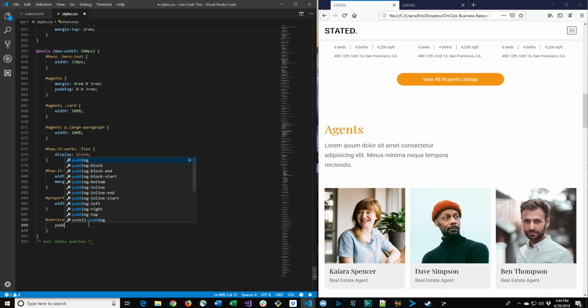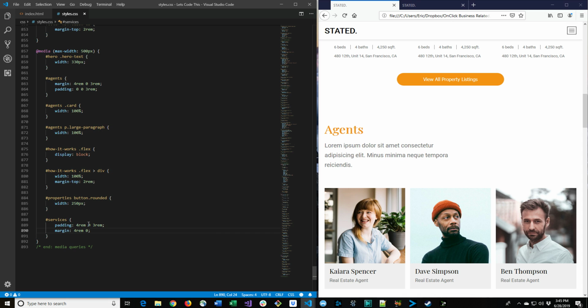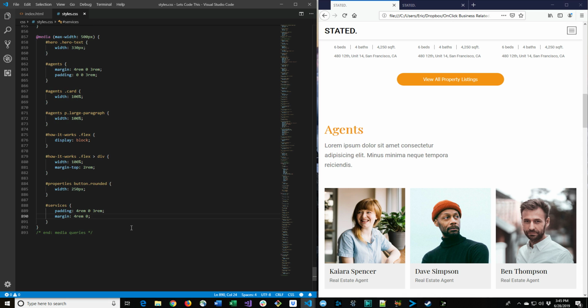Okay, so next let's move on to the services. And we're going to bring the padding down to 4 rem 0 3 rem for that section, and margin 4 rem 0. Next we will grab the flex